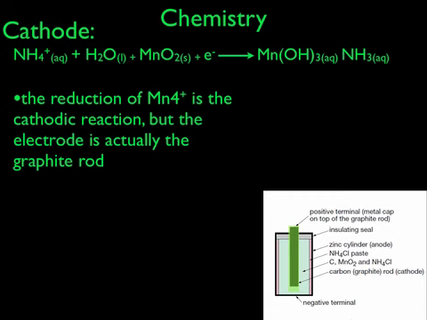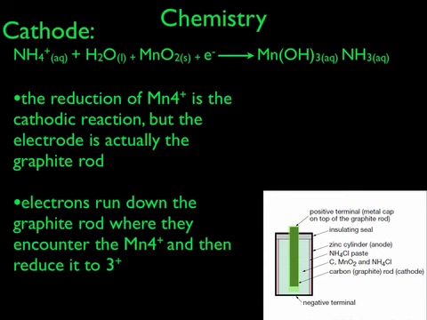We also need to understand, however, as is highlighted in green on the bottom right of screen, that the manganese oxide powder inside the cell is not the electrode itself. We use a graphite electrode. Remember, graphite from year 11 is an electrical conductor. It has a similar setup to metals whereby there is a delocalized sea of electrons that can move from one electrode to another. Now, a graphite rod is quite cheap to produce, and therefore this is the site of reduction